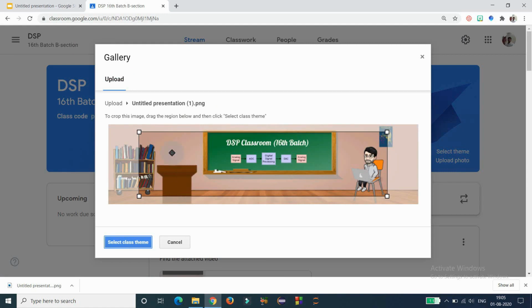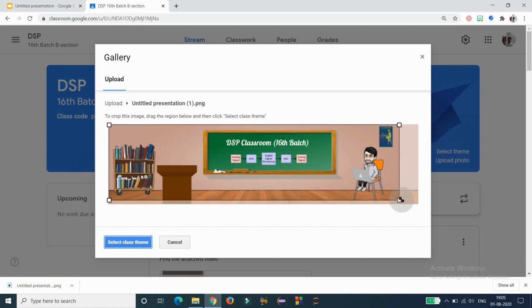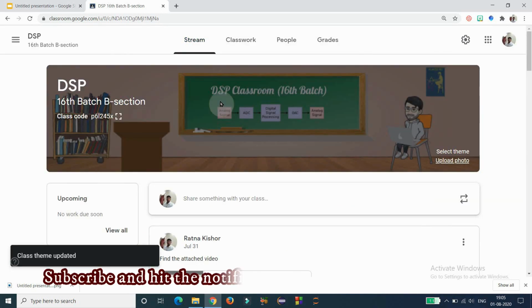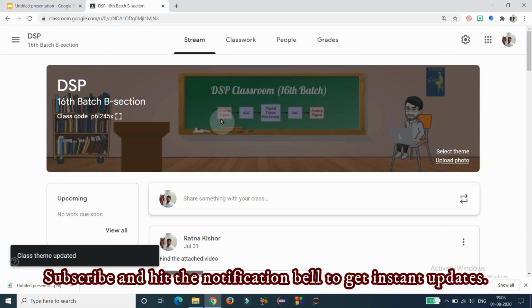Then we need to crop this particular image to fit your banner. For that, use this crop option. Expand this until the entire banner is set to this cropping size. Everything is fine. Then click on select class theme. Then there it is. Your classroom got your prepared banner.